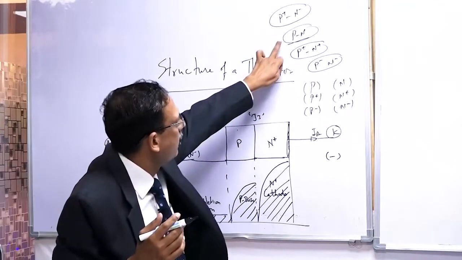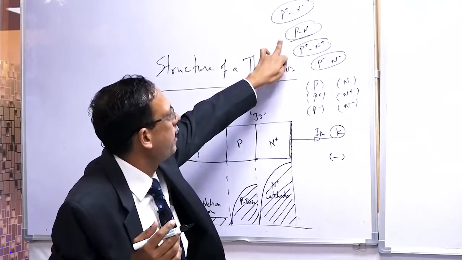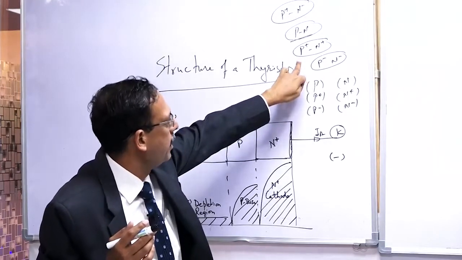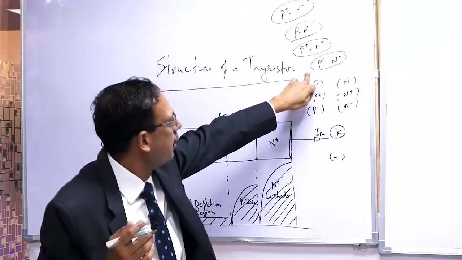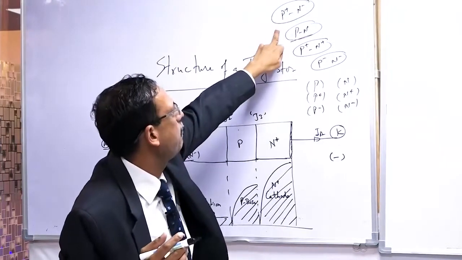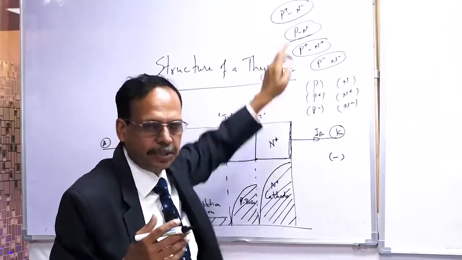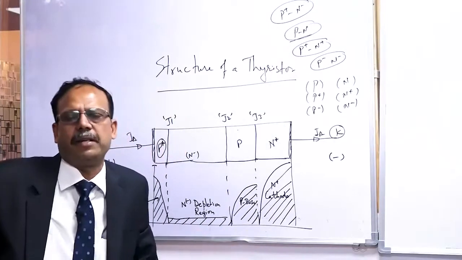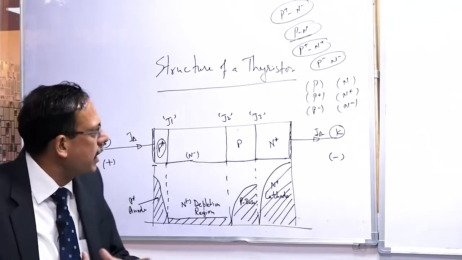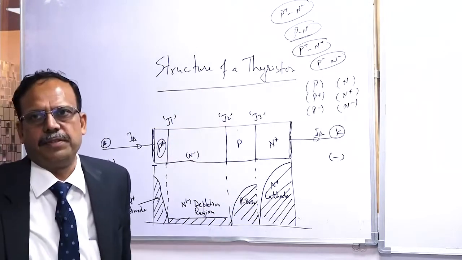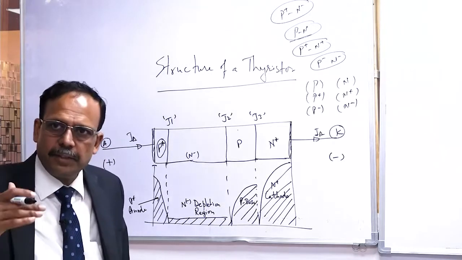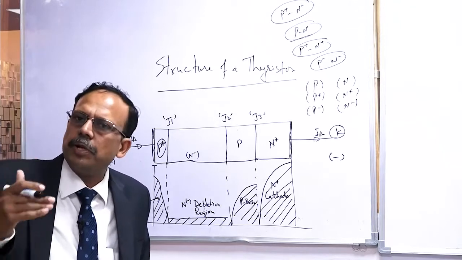We have a junction with normal doping of P and N, a junction with high doping of P and N, a junction with lesser doping of P and N, and we have a structure P plus and N minus, which is going to have the highest depletion layer. Which is going to be the most advantageous of all these three configurations? Yes, Sunil Gupta ji, you are right. And there is physics behind it. We are not going to the depths of it.